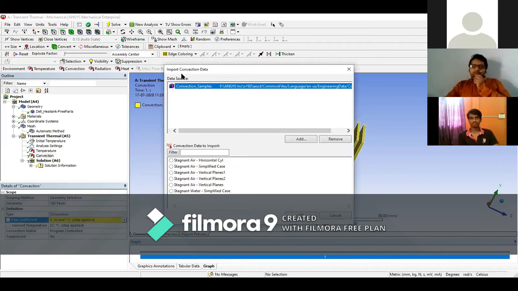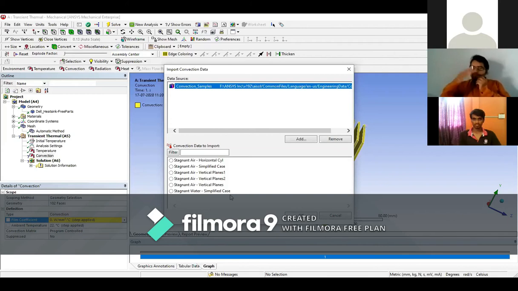So here you find out the import convection data. So input convection data, we find out the stagnant air horizontal cylinder, stagnant air simplified case, stagnant air vertical plane 1, stagnant air vertical plane 2, stagnant air vertical plane, and stagnant water simplified case.